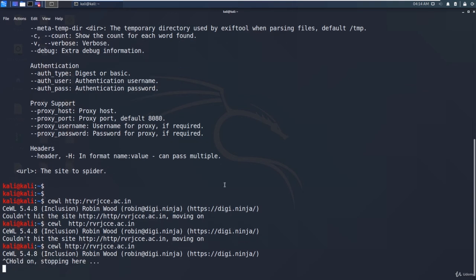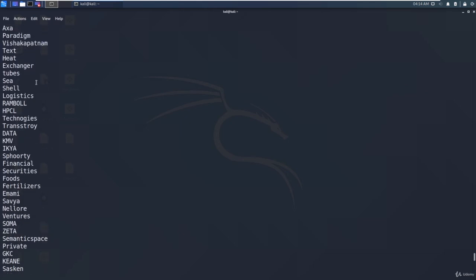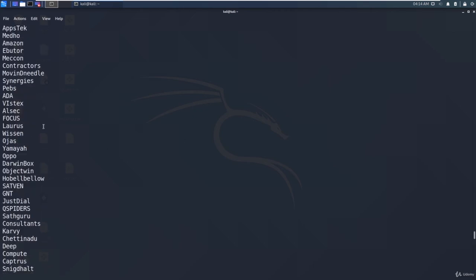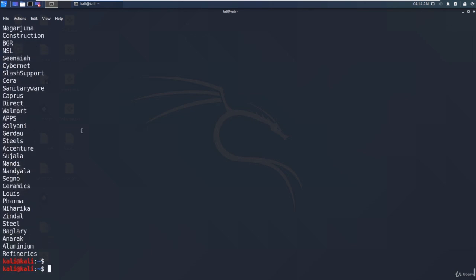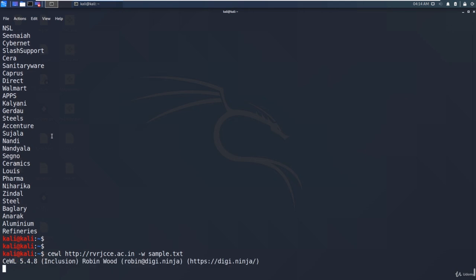Let me press Ctrl C. After pressing Ctrl C, it will give the names that it has found in the whole website. So you can see it has got a lot of information, and you can store this output with -w, in a file like sample.txt. This information is very helpful when you are searching for any employees or any products they are selling, or if there are any hidden products that they are not displaying in the main content. So you can get the overall overview or the names of this organization.